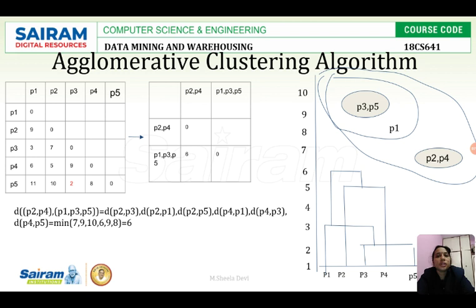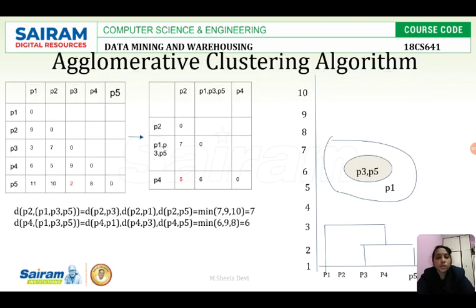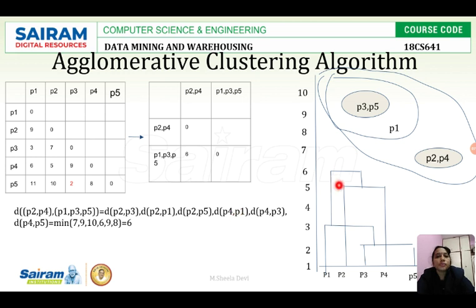Until we are left with the single cluster, we have to repeat the process we said. Now we have been left with a single cluster in which all the data points are there. So we have to stop the process here. So this is how we have to calculate, or draw, the dendrogram. We have to calculate the proximity matrix. Then we have to cluster the data points into a single cluster after nesting it and create the hierarchical structure.